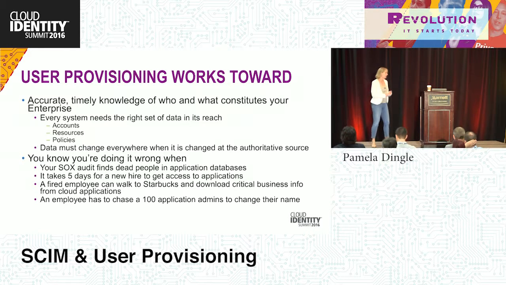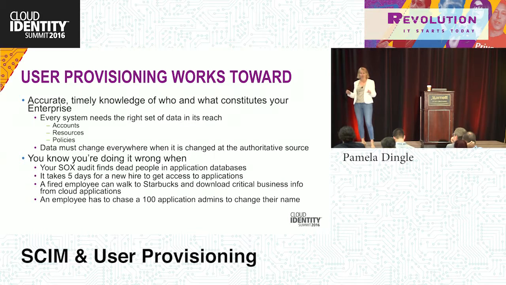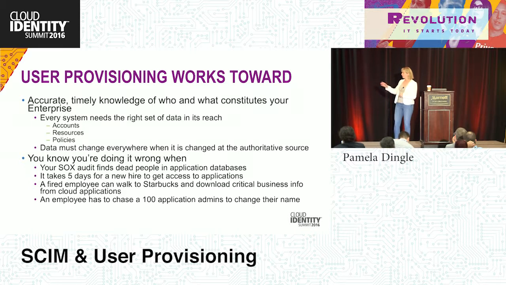And there are some very specific and very simple benchmarks as to whether you're getting it right or not. If your SOX audit shows 5 dead people in your database, then you did not get it right. And that's a real life situation. I consulted for a company a while back where the very first SOX audit they ever did, they found people who had been deceased for over a year in SOX critical systems. So obviously when your CIO or your CISO finds those, the confidence in your ability to properly represent the state of your enterprise goes down. So you want to not have that happen.